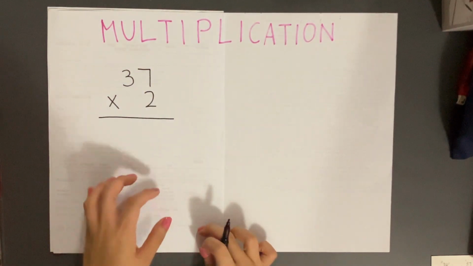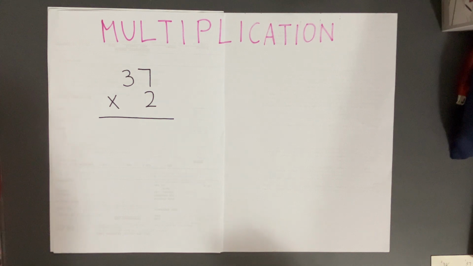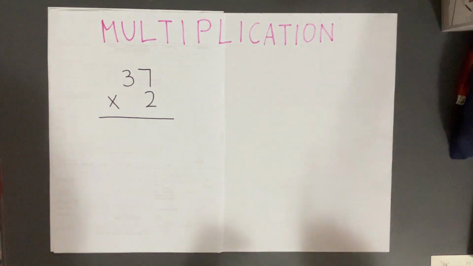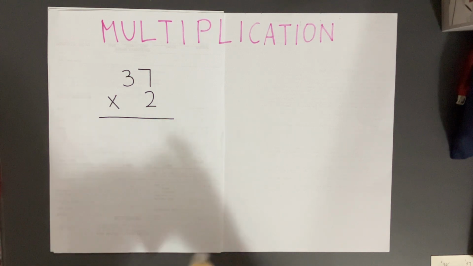37 times 2? So let's use some number discs to help us. 37 times 2, that is the same as saying that we have two groups of 37. So if I were to use my number discs,